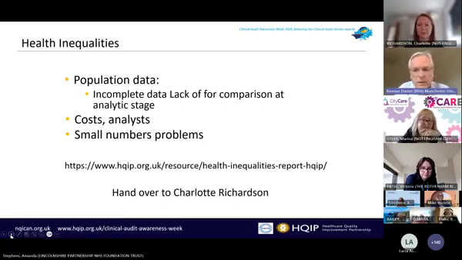And then finally, the small numbers issue. If you've got, I think it is currently 16 codes, whatever it is, for ethnicity, and you're on small numbers and you say, oh, we'll just put it back to 5, you've lost the whole plot, because essentially, you do need it broken down by the 16, not by 3 or 4, because essentially, that's getting back to anecdote style. So small numbers is something that we will want to address.